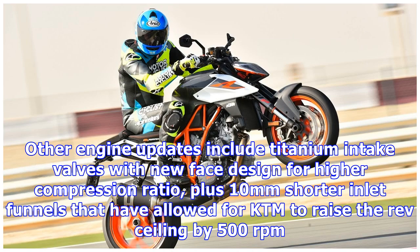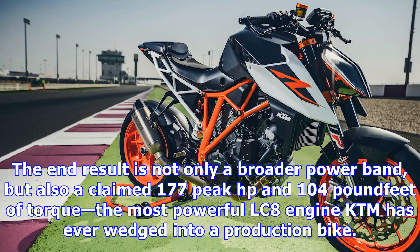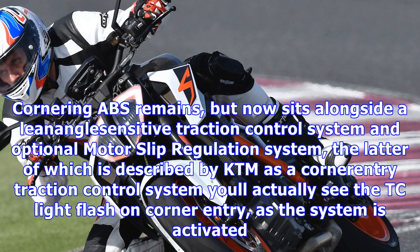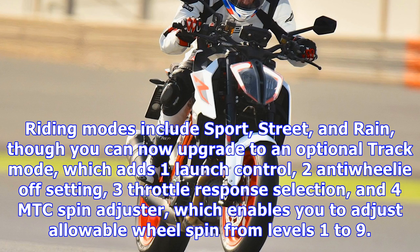Meanwhile, the updated crank improves reliability and reduces vibrations. Other engine updates include titanium intake valves with new face design for a higher compression ratio, plus 10 mm shorter inlet funnels that have allowed KTM to raise the rev ceiling by 500 revolutions per minute. The end result is not only a broader power band but also a claimed 177 peak horsepower and 104 pound-feet of torque, the most powerful LC8 engine KTM has ever wedged into a production bike. It's no e-bike, but with the changes it's not as thirsty as before, too, says Henrik Weiss, the head of